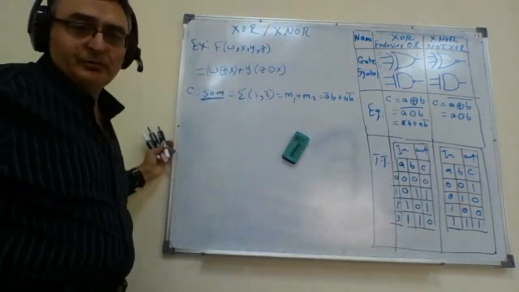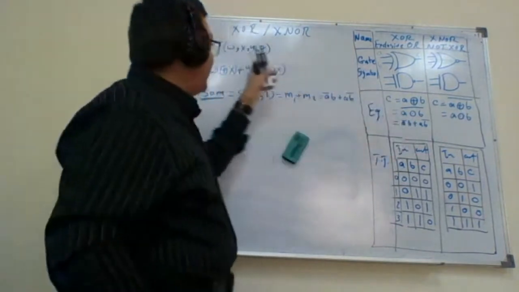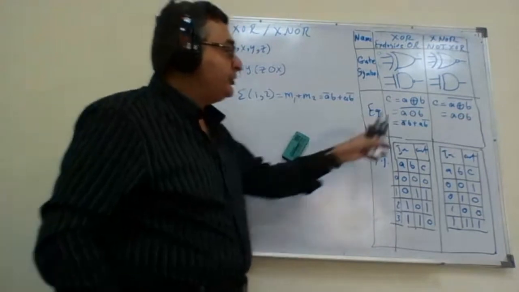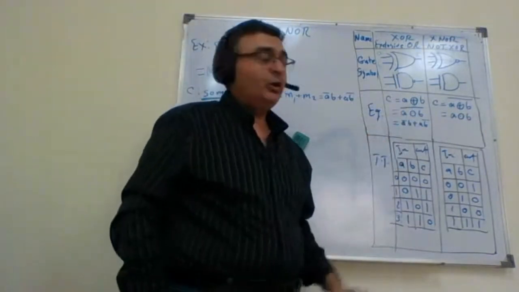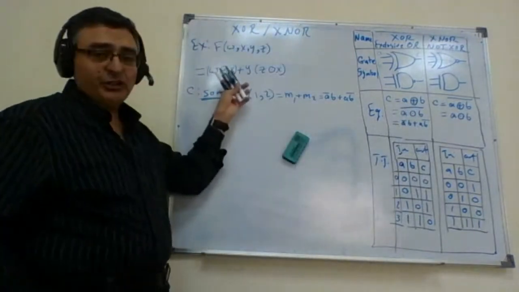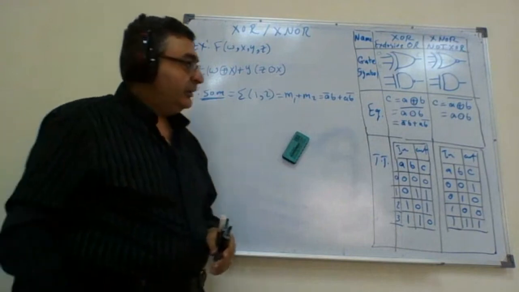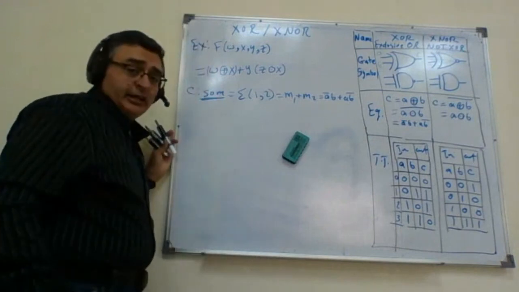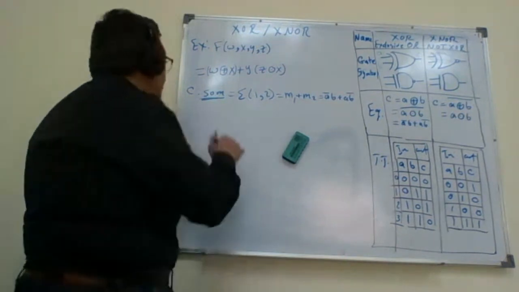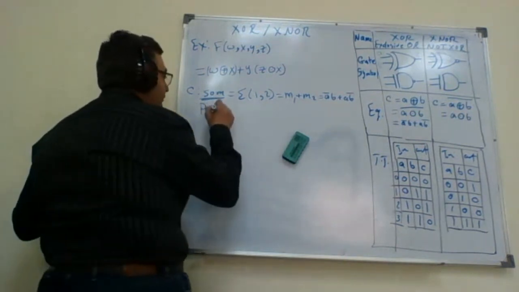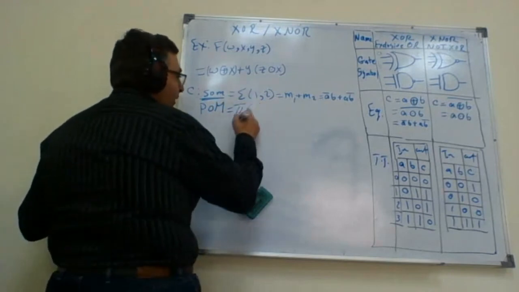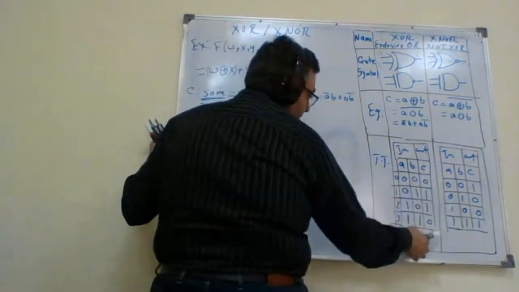What do I benefit from this? I extracted this complex function, which is the XOR, into an SOP, or actually SOM, which is basically SOP. So I can manipulate the equation better. Is this the only representation that I can get for the equation of C from the truth table? The answer is no. We can also represent it as a product of max terms. So C can be written as pi, the product of the zeros,